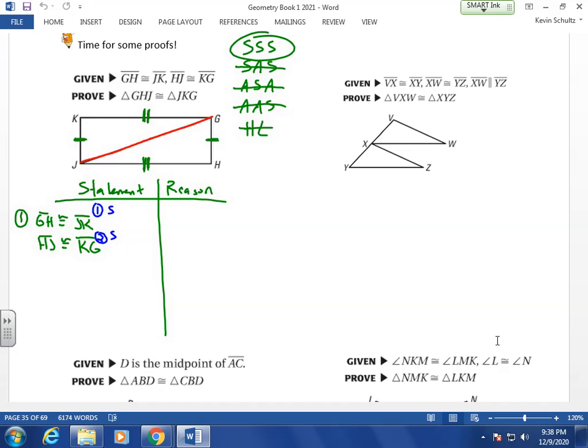Because if I'm trying to prove that this third side is congruent, notice that it's the same side. Those 2 triangles share that third side. So my second step is simply going to be JG